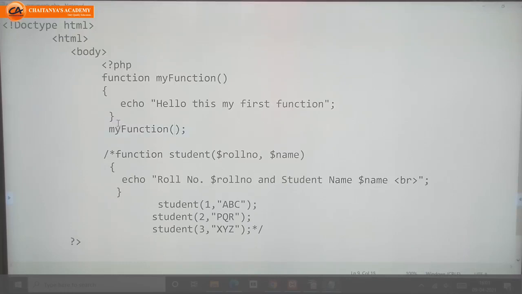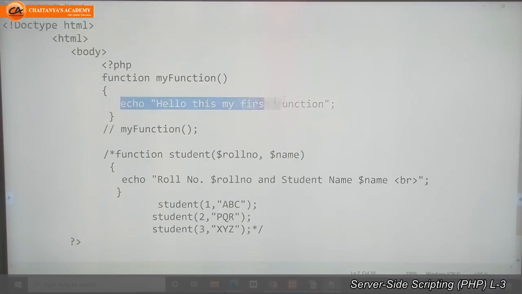This is my first function. Hello, this is my first function. If I didn't write this line, suppose I put a comment, we'll check whether it is executing or not. See, it is executing. It's not giving any error, but it will not give the line of code I wrote inside this function.